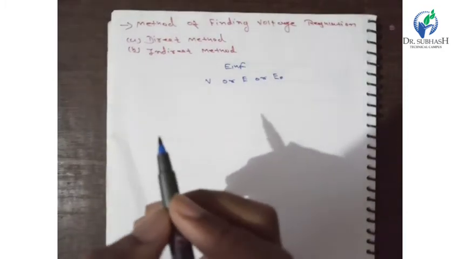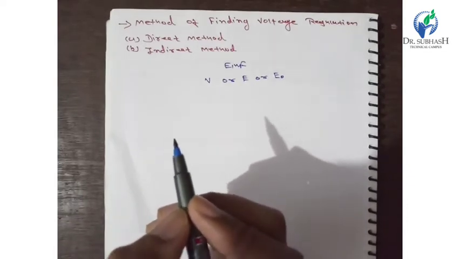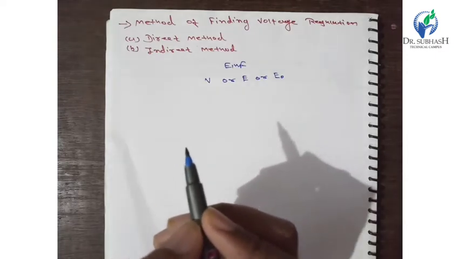When the alternator is in loaded condition, the armature current, resistance and armature drop take place in the terminal voltage